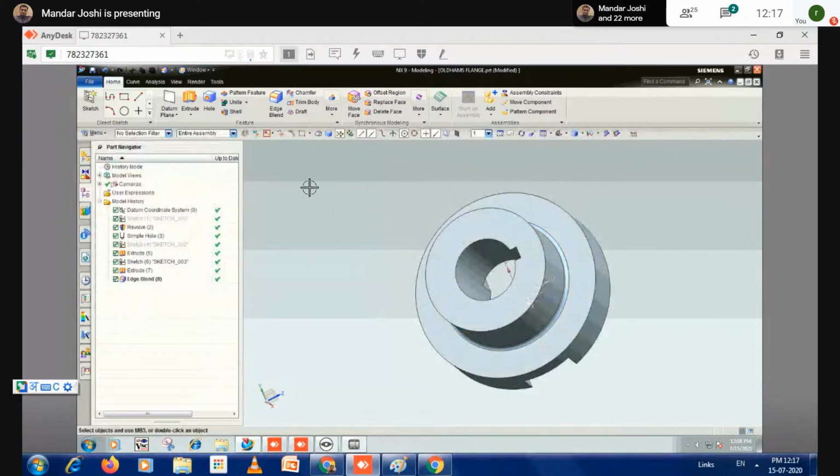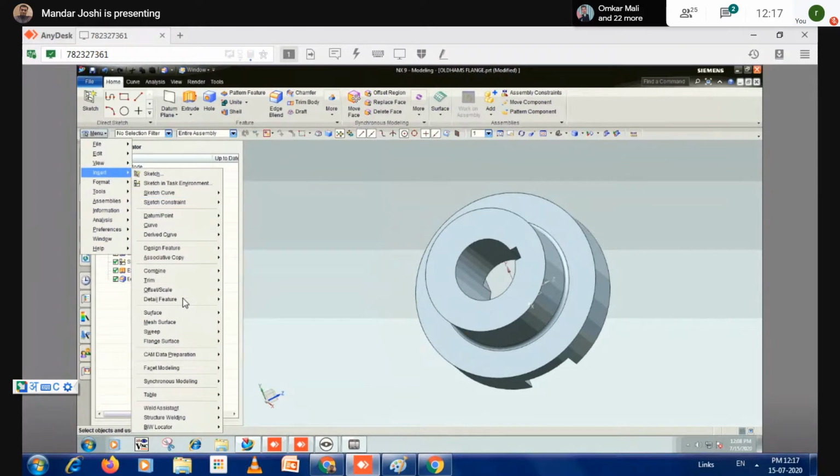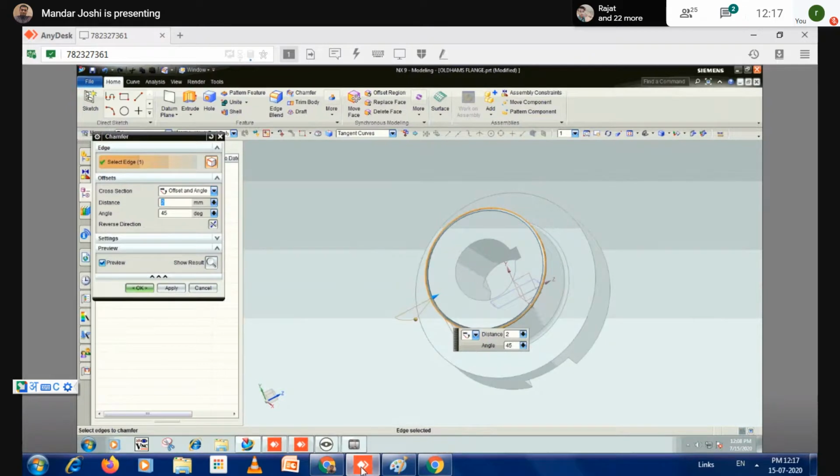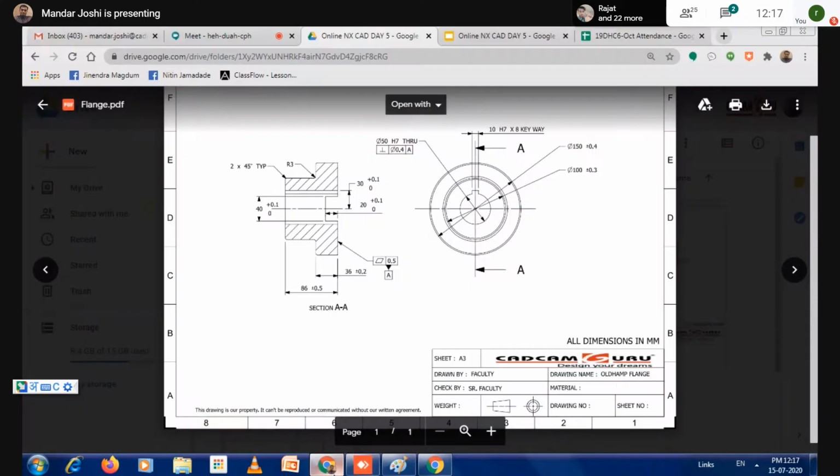And one more, there is a chamfer. You can apply chamfer from the menu, Insert, then Detail Feature, then select Chamfer. Here is the chamfer command. Just select this edge. How much is the size of the chamfer? 2 by 45 degrees.